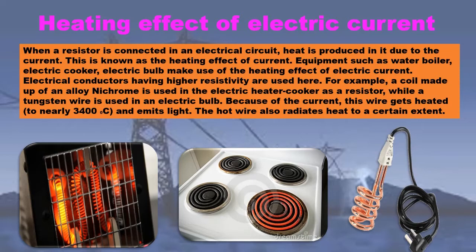For example, a coil made up of an alloy nichrome is used in the electric heater cooker as a resistor. While a tungsten wire is used in an electric bulb. Because of the current, this wire gets heated to nearly 3400 degrees centigrade and emits light also. So the hot wire also radiates heat to a certain extent. So I hope depending upon the object and what it is used for, the coils are made up of different